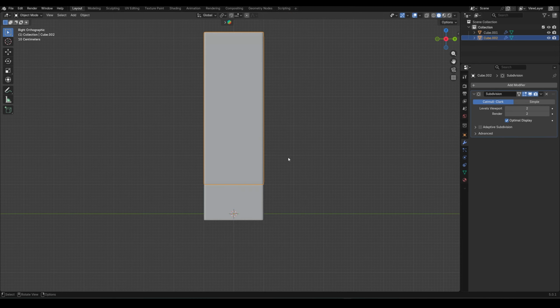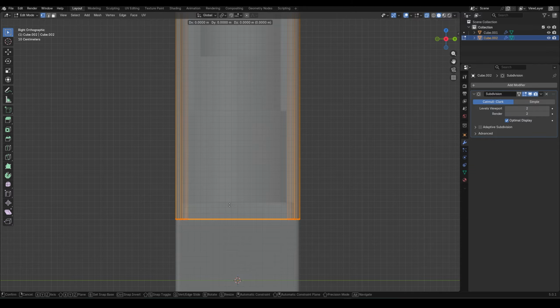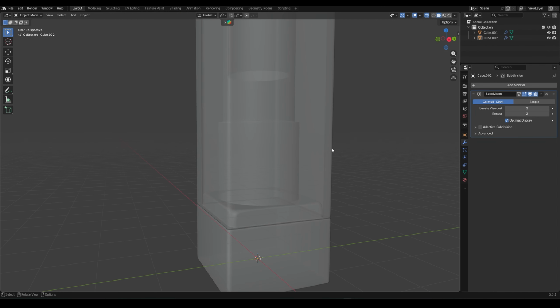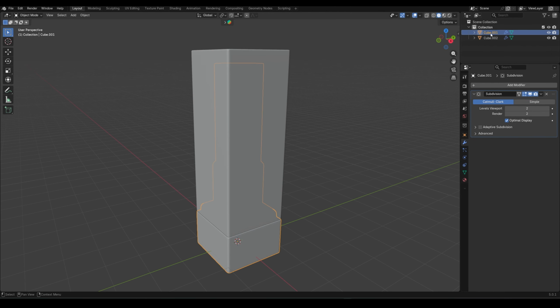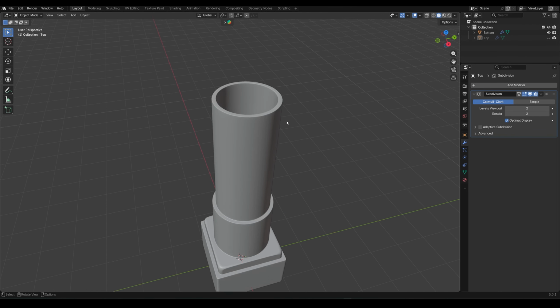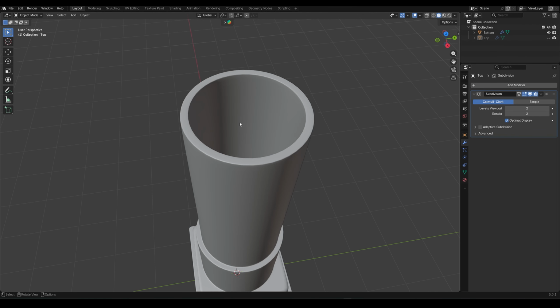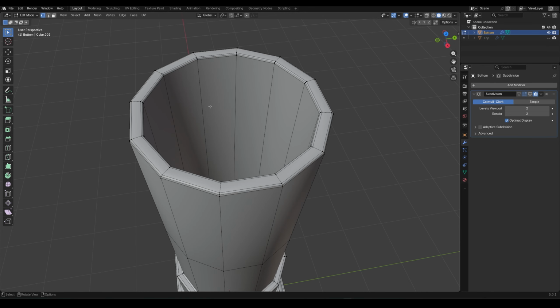We can just press 3 and just go to tab and turn on this and turn on that X-ray mode, and press G and Z and just pick it up to create that nice little gap around that. And for the inner part, we will first rename these bottom, top, and now we will hide the top, and we will create an inner lipstick. So press tab. Let's toggle off the subdivision surface,